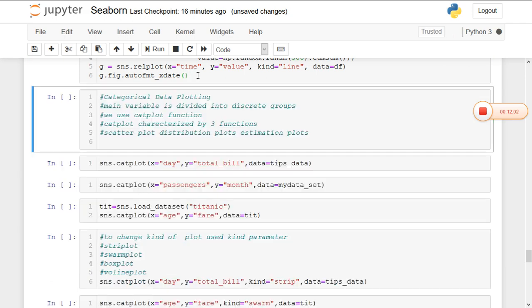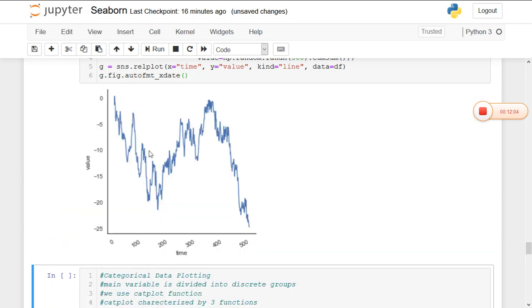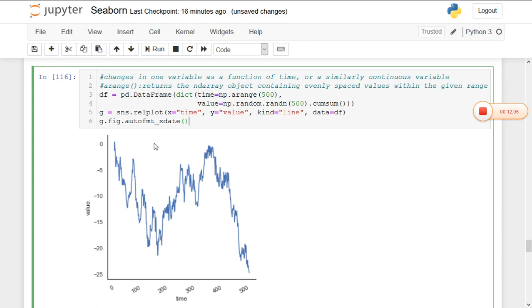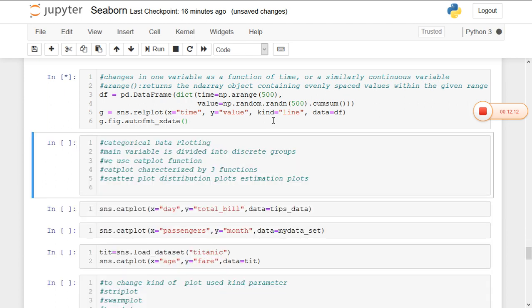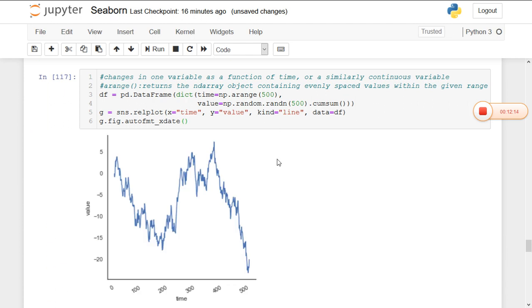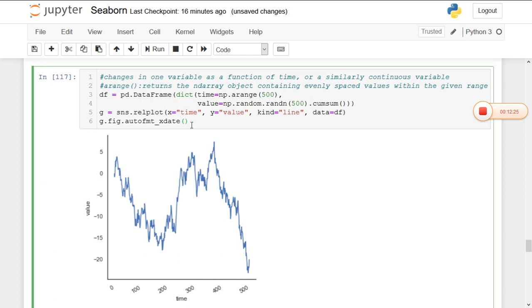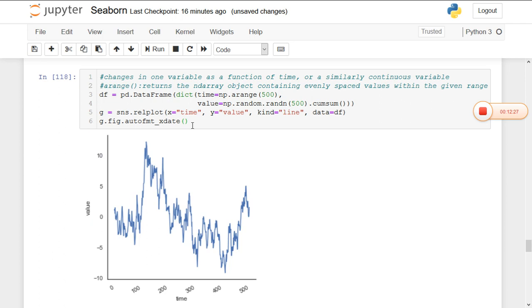Now for that I am performing a graph. So you can clearly see that whenever I am running the code, the graph is going to change, because here I have called the random numbers. So based upon the random numbers, the value is going to change and the graph is going to change. So this is an example of one variable's dependence on another variable. That is, here time is dependent on value. Whenever the value changes, then time changes. Simultaneously the graph is going to change.